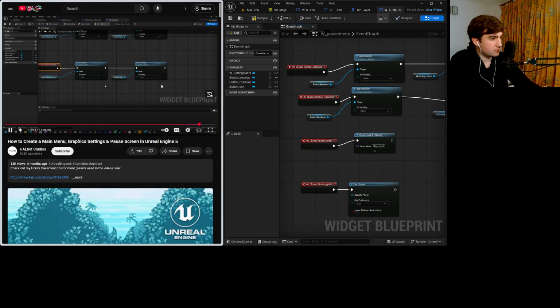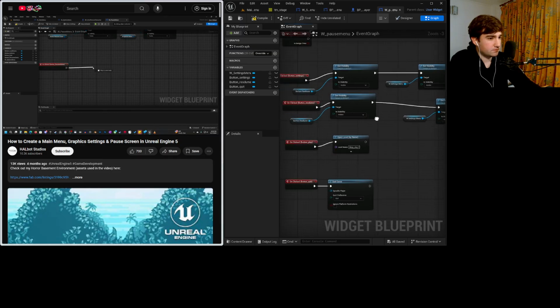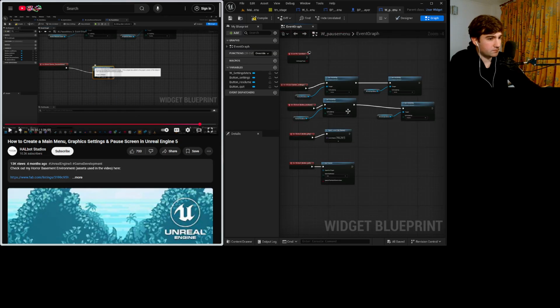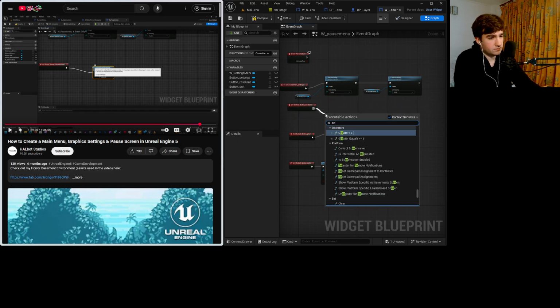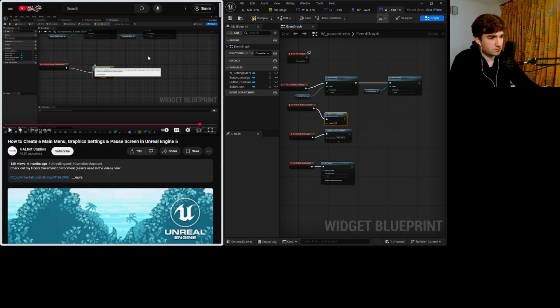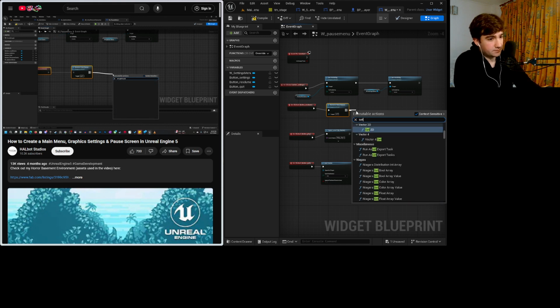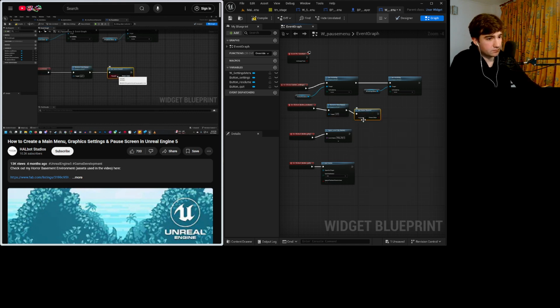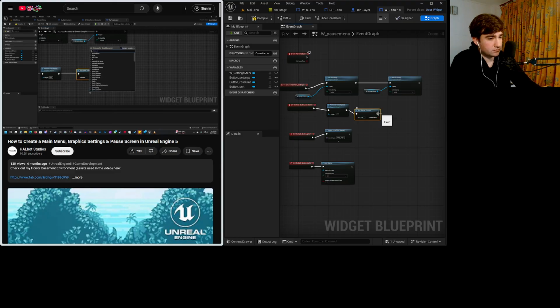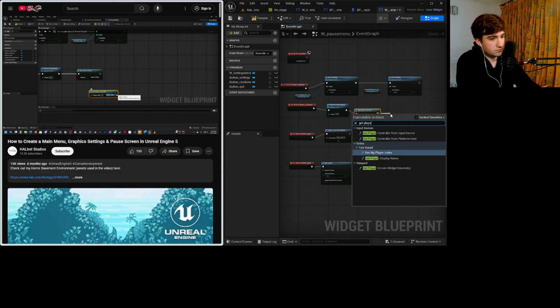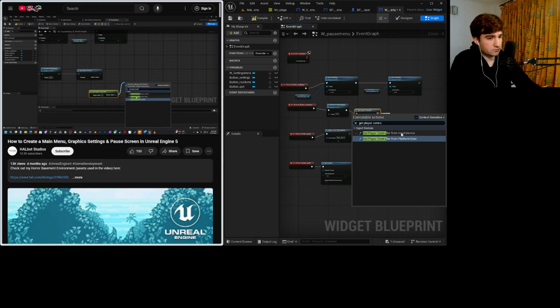Let's see. Yeah, we don't actually need that. We just want to drag out and just type remove from parent. This will get rid of the widget. And then we also need to unpause the game. So set game paused and leave that blank. And then we need to get our player controller and set input mode to game only. And then we also need to